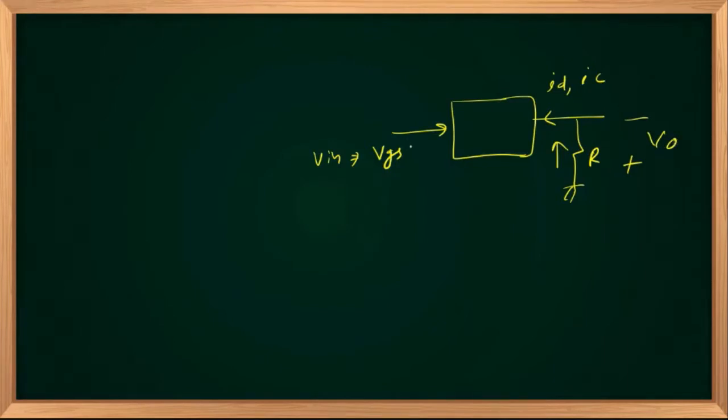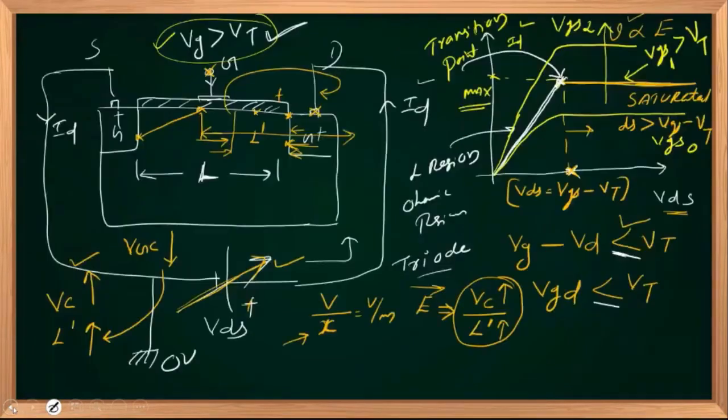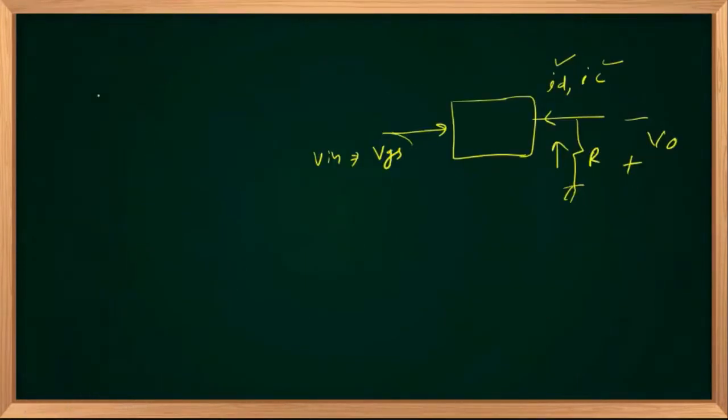So it generates an output current proportional to VGS. That is what is observed here. If VGS is increased, I will have more and more current, so the MOSFET is performing as an amplifier